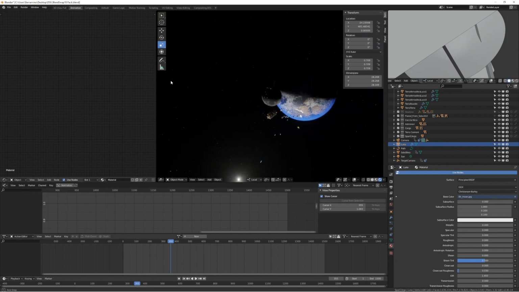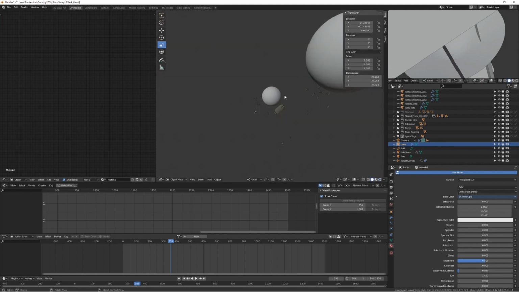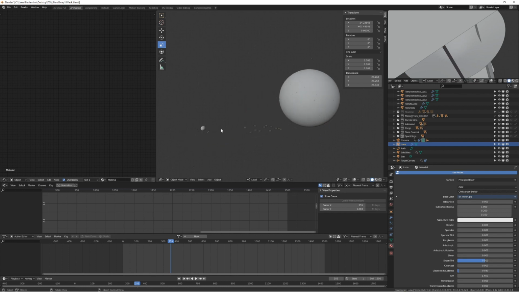Where is the Earth? Okay, just take a look at this situation. As you can see, this is not the correct distance. I think the Moon is farther away than the planet Earth, but I didn't want to have too much space between the Moon and the cargo ships, because I didn't know what to do with my spaceship in this very long way. So I took it near to the Earth,